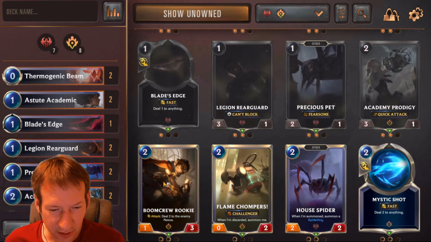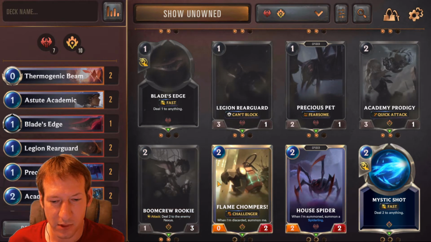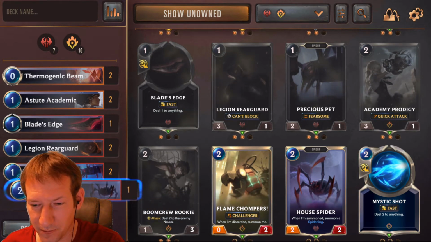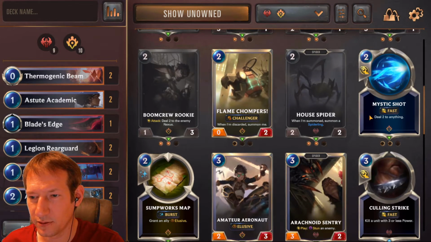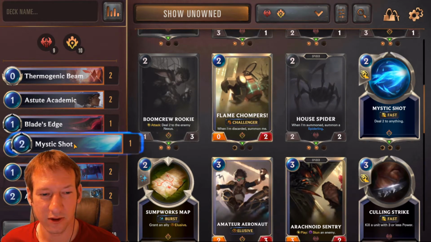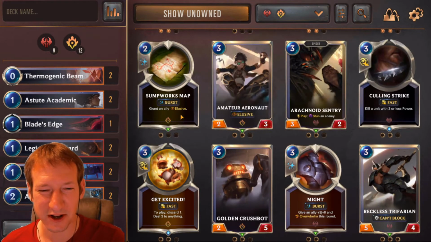Alright, 2 damage to the enemy Nexus. Oh, that's strong. I like that. I've discarded Summon Me. I don't like that one as much unless we have other things to discard. 2 damage to anything. Okay, I don't like the Blade's Edge as much, although we only have 1 of those. Yeah, we'll go ahead and throw in a couple of Mystic Shocks. I don't really know what we're doing, just anything that looks